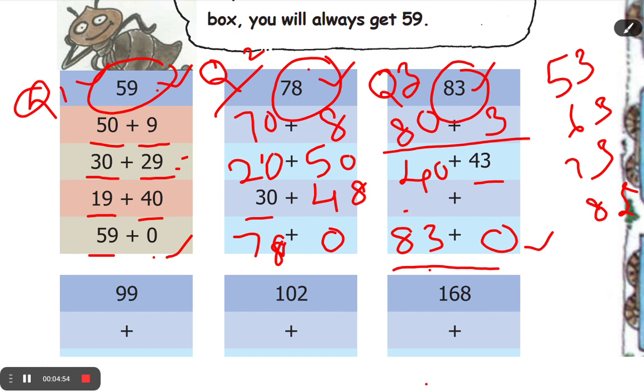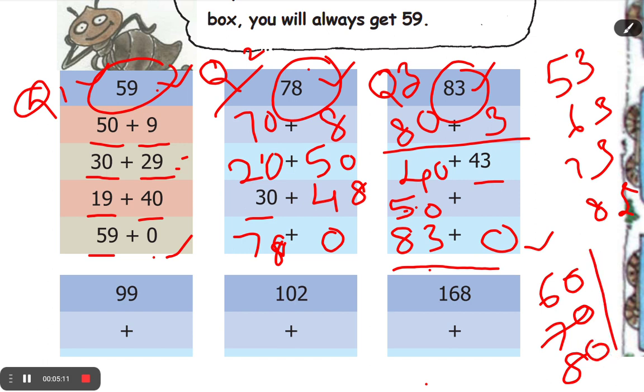Now last one, you think of a number here. Suppose I think of 50. So to 50, how much should I add to make it 83? You can count 50, after that 60, 70, 80 and 3 more. So how many tens here? 3 tens. 30 and 3, 33. So 50 plus 33 is 83. So in this question what we are doing? You are given a number and we are writing that number as the sum of two numbers. Is it okay? You can write the same number as the sum of three numbers also. We can do that later.